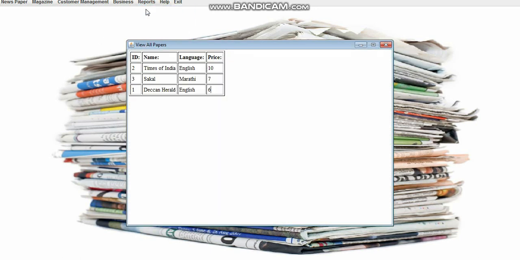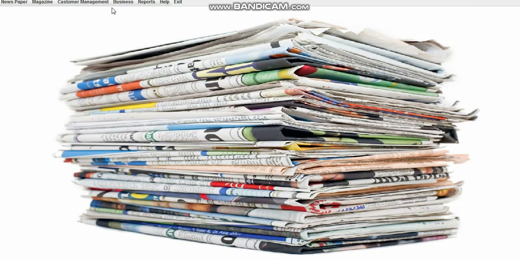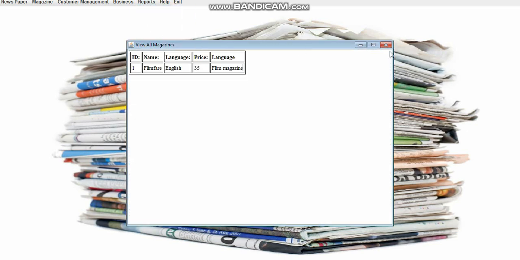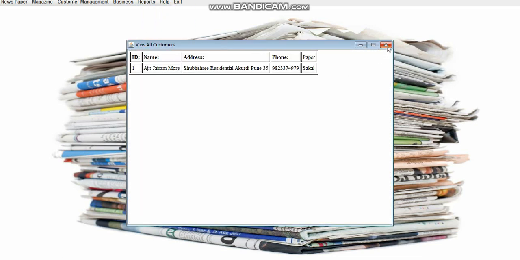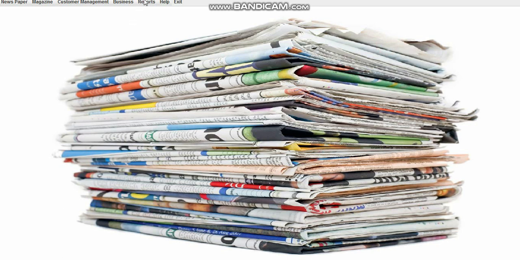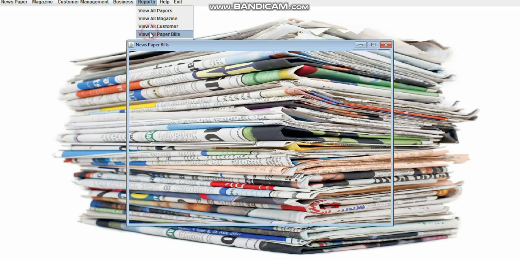So these are the reports where you can see all of the newspapers that you have, all of the magazines that you have, followed by the customers that are with you right now, and all the newspaper bills.